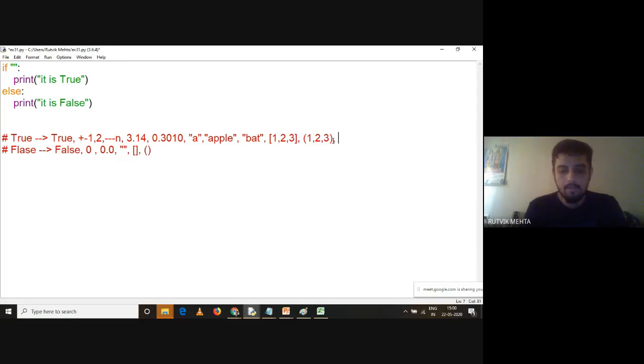Even dictionary, right? A dictionary contains key value pairs. Let me have some value 1 to 3. So this is known as a dictionary. An empty dictionary is always false, right? So any data structure, when it is empty, is false, right? Either 0 or an empty data structure, it is always false.